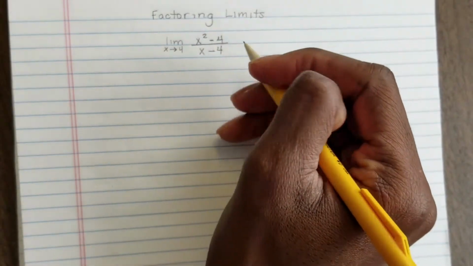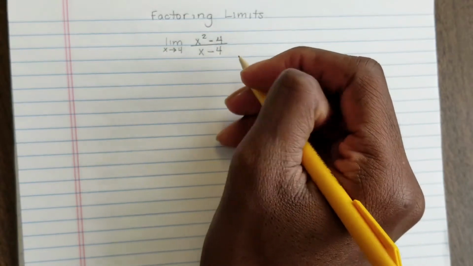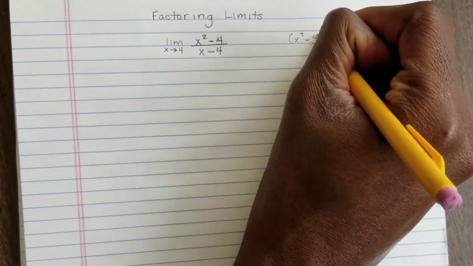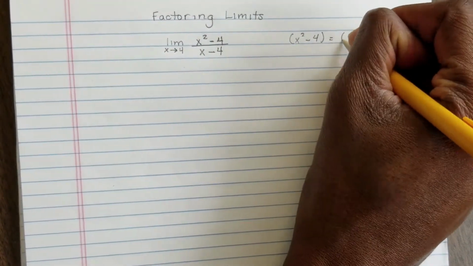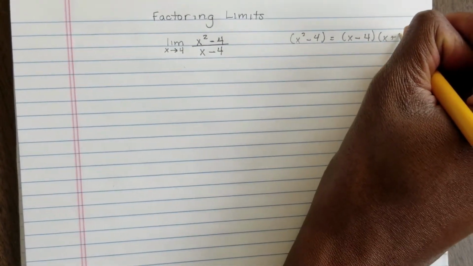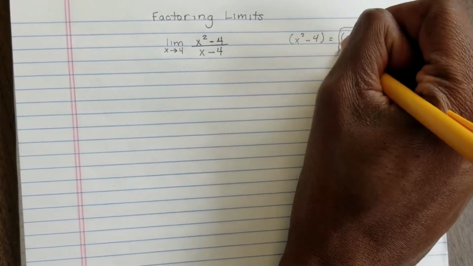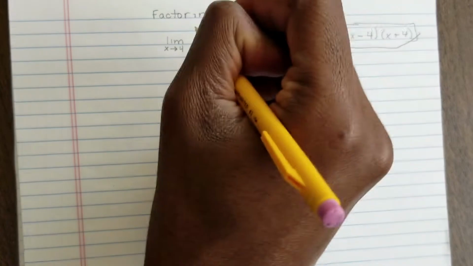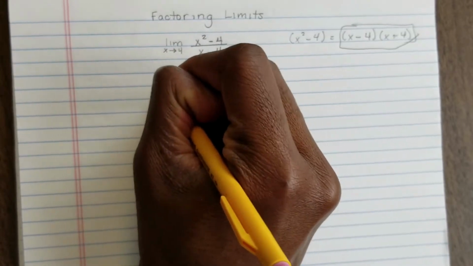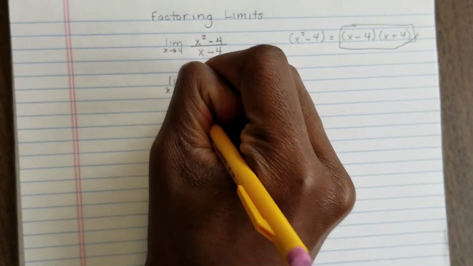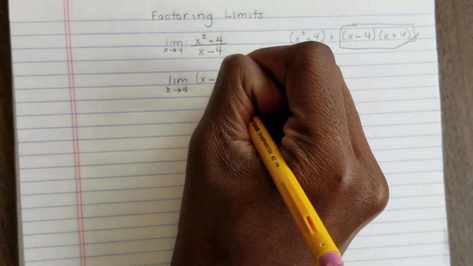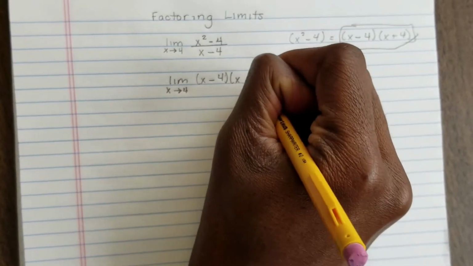So what we're going to do is factor this numerator here. If we factor x squared minus 4, that factored out is going to equal x minus 4 times x plus 4. And so we will substitute this expression for x squared minus 4. So what we'll now have is the limit as x approaches 4 of x minus 4, x plus 4